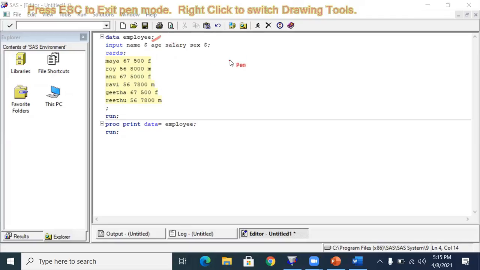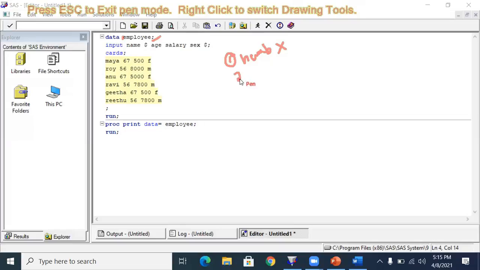But you need to follow the SAS naming rules while assigning the dataset name. Rule number 1: you are not supposed to start with numbers. Numbers are not allowed at the start. Got it? You are not supposed to write 1employee. That is wrong. You can write employee1. That is fine. Even in the middle, you can use numbers. It can be alphanumeric, that is not an issue. But at the beginning, you are not supposed to use a number. That is the first condition.